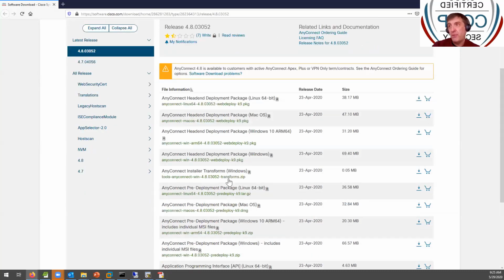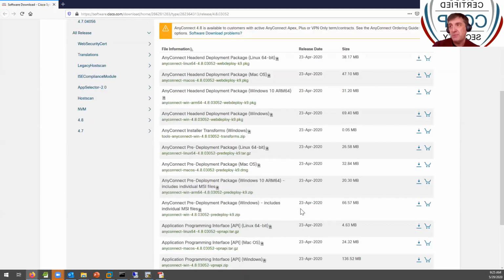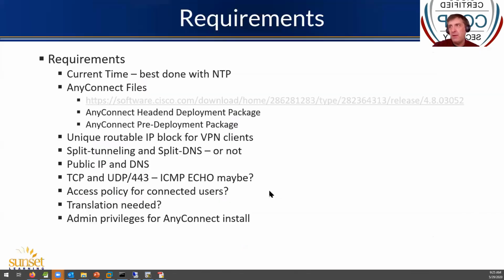And then further down, there are AnyConnect installer and pre-deployment packages listed out for the various operating systems. And again, the absolute necessity is the PKG file that we're applying to the ASA, and then the pre-deployment package